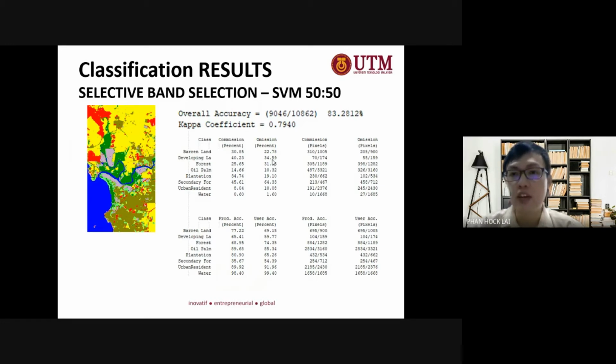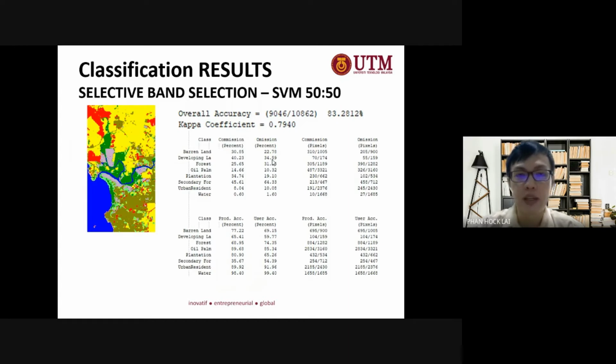The kappa coefficient is 0.7940. User accuracy ranged from 54.39% to 99.40%, meanwhile the producer accuracy ranged from 35.67% to